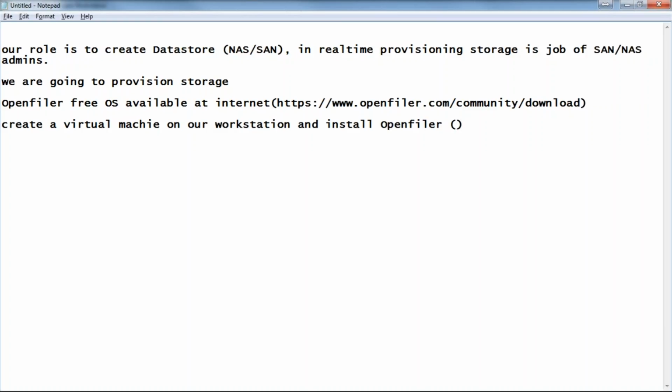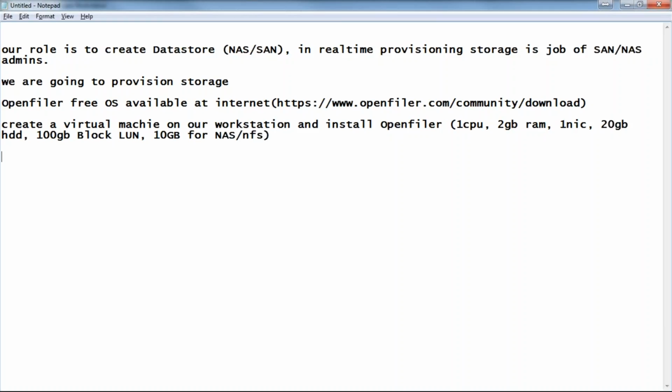So the configuration would be one CPU, maybe 2 GB RAM, one NIC card, and you can give a 20 GB hard disk for the OS and maybe 100 GB for block LUN, and 100 GB for NAS or NFS, right?